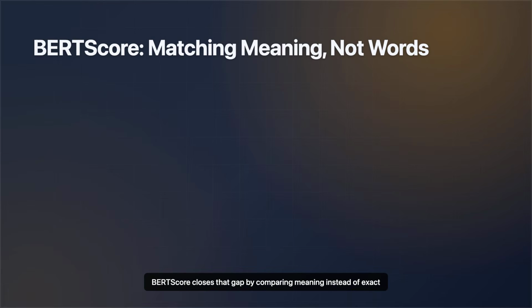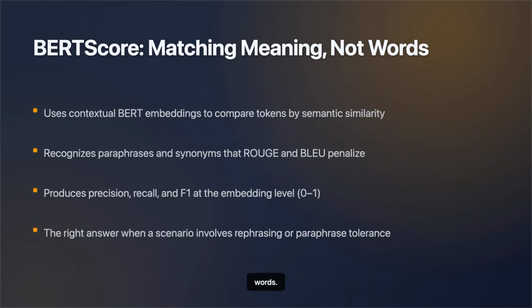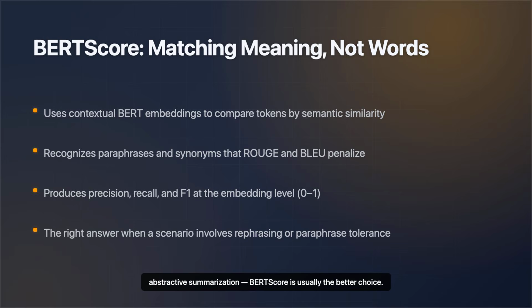BERTScore closes that gap by comparing meaning instead of exact words. It uses contextual embeddings from a BERT family model. Remember, embeddings encode semantic meaning as numbers to measure how close two pieces of text are in meaning. That lets it recognize a paraphrase or a synonym that ROUGE and BLEU would mark completely wrong. It still gives you precision, recall, and F1, but at the embedding level, on a scale of 0 to 1. So when a scenario involves a model rephrasing the source in its own words, abstractive summarization, BERTScore is usually the